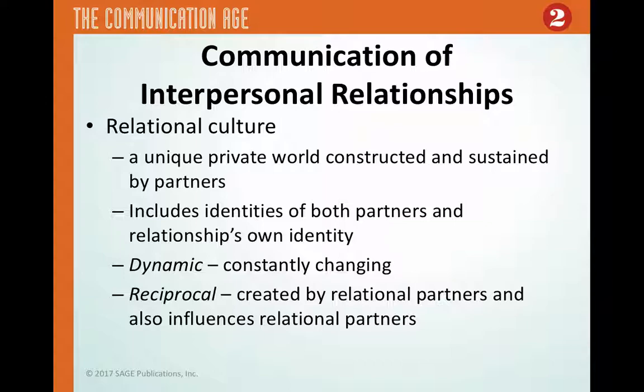So if you think of a rope, you're your own rope, your partner's a separate rope, but when the rope gets twisted together, that represents a third identity. This makes things interesting because you have your own characteristics, your own personality, your own way of doing things. Your partner has their own characteristics, their own personality, their own way of doing things. So you have these two separate identities and these two separate people, but when they come together, there's this third identity that's created because there's compromise and negotiation and bonding between the two of you.